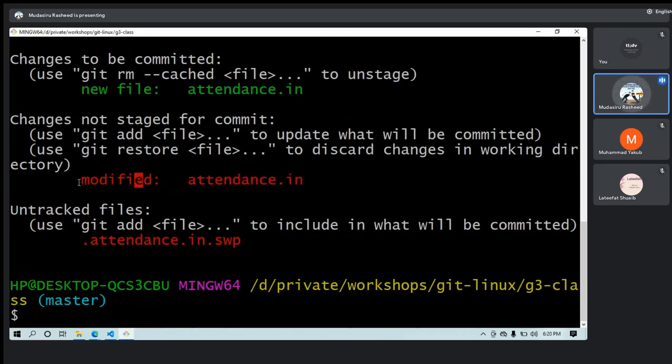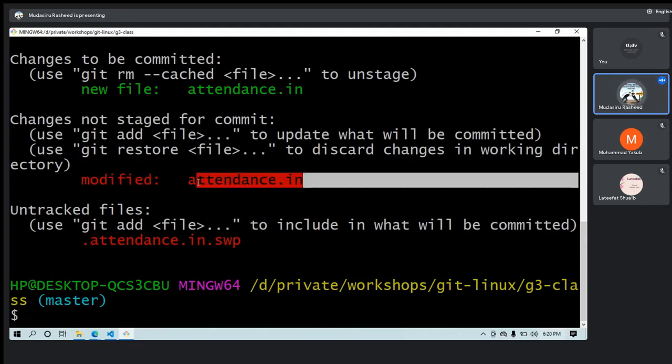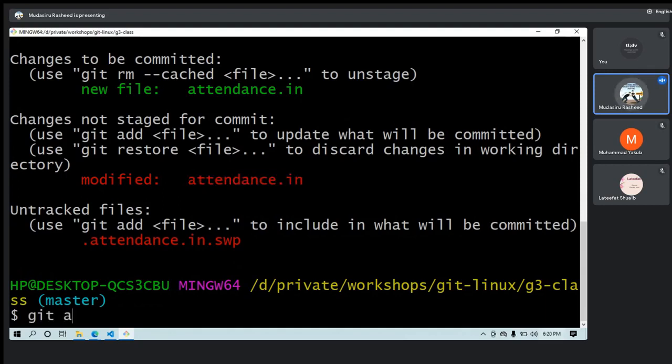It says you modified the new file you created before. I noticed that, but the problem is that it's not going to be committed because you've not added it. For me to commit this now, I need to add it again to what I have before.